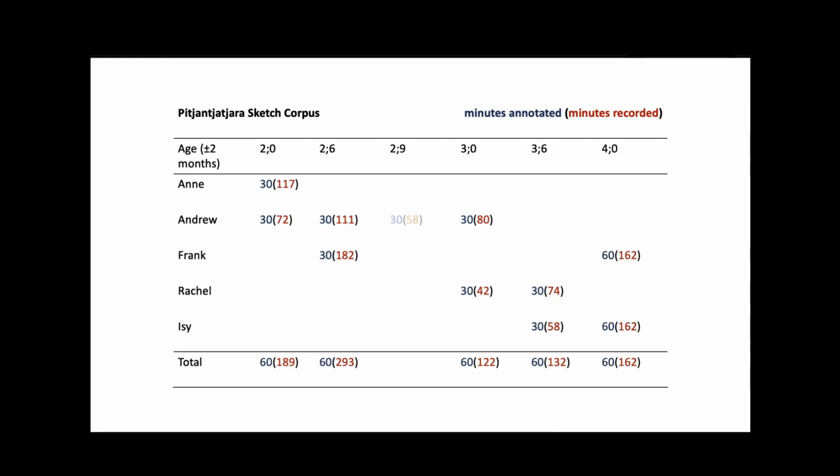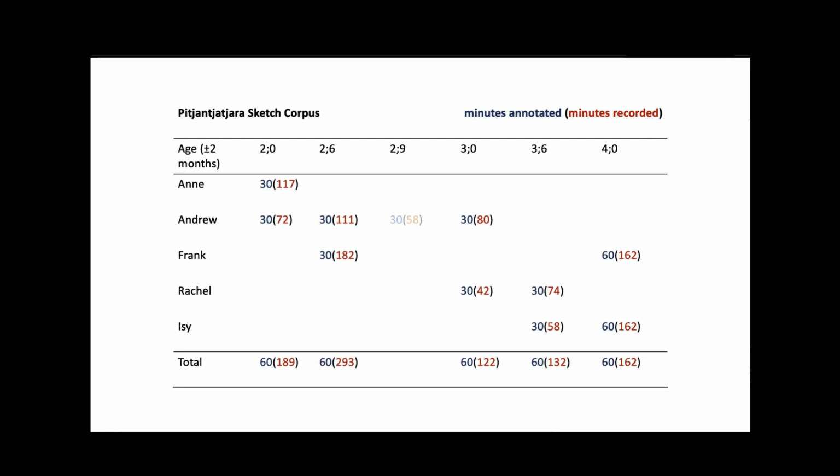The other thing I wanted to mention here is that Izzy at 3.6 gave us bonus data in that Izzy is actually talking to Andrew at 2 and 9 months. So that's a little extra section of 2 and 9 months, so we've got a bit of extra in-between data for Andrew there. And we had a mix of genders, so 2 girls and 3 boys. That was all I wanted to talk about. Any questions? Let me know.